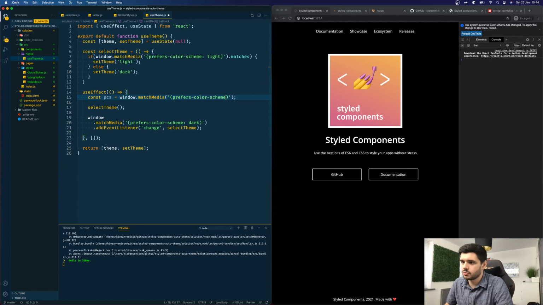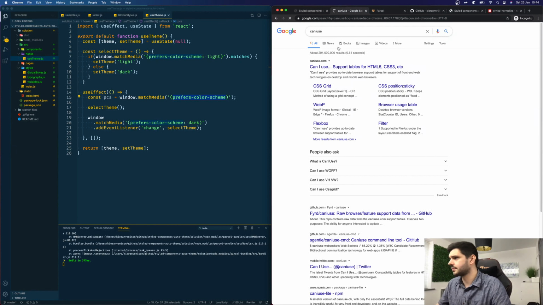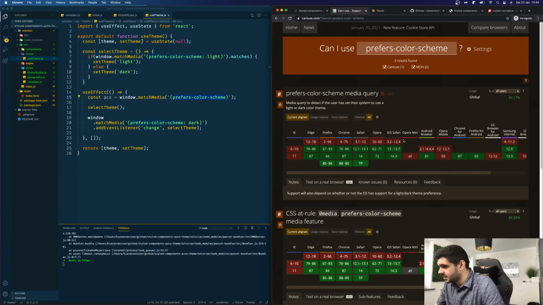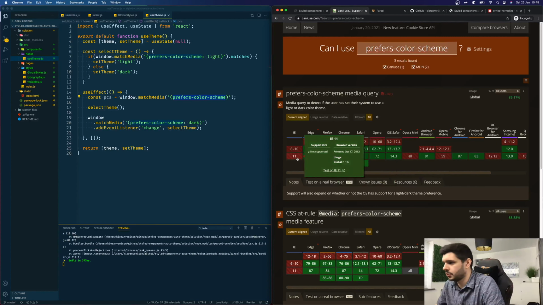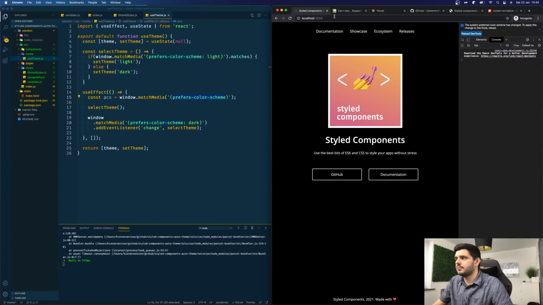And the reason we want to do a check on prefers color scheme itself is to check that the browser supports it. So if we look at can I use, see prefers color scheme, to be fair, the support is very good for it, but there are a few cases where the support doesn't work. So i.e. Opera Mini, Opera Mobile, browser for Android, and a few others. It won't really be a problem, but if you want that backwards compatibility and that support, we want to fix this now, because at the moment it will return null and nothing will ever render because it will always be null. So with that PCS, we can just check